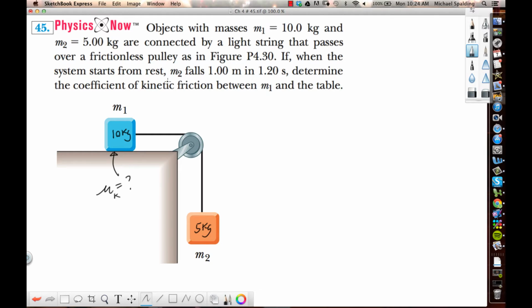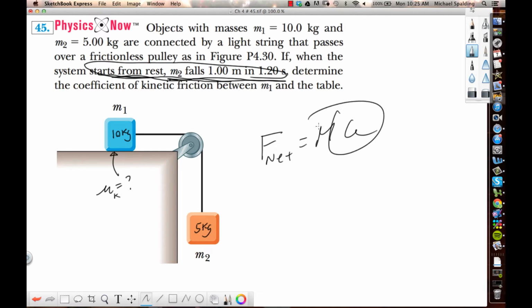Now, let's start with this. See this sentence right here? M2 falls 1 meter in 1.2 seconds, starting from rest. What can we do with this info right here? Find velocity. Well, we could find the final velocity, but there's something better than the final velocity. I'll give you a hint. What's this chapter all about? F net equals ma. We can find the acceleration from that information right there. How do we get the acceleration from that info? With a kinematic. So you got to go back to chapter 2 here and just apply a kinematic to this